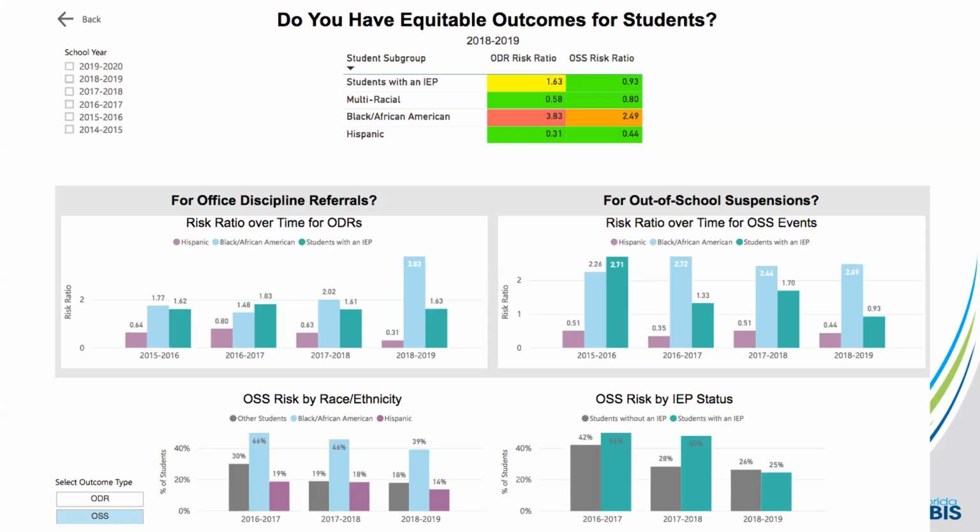We have 80% of our students with no more than 1 referral for the year. That might be the case for the total population, but would a healthy tier 1 also be consistent for all the subgroups? One of the ways we can attack that is to look at our equitable outcomes for students. So in this school, for example, we're seeing that there are some minor but also some significant concerns when it comes to African-American students' performances with ODRs and OSS.